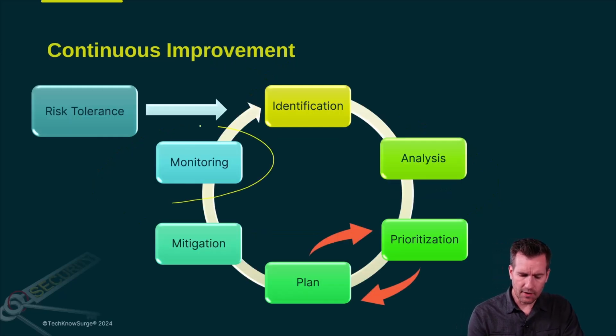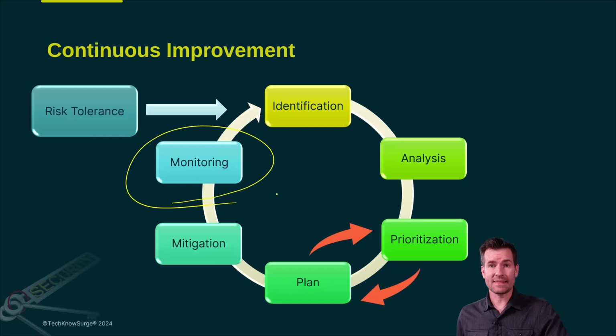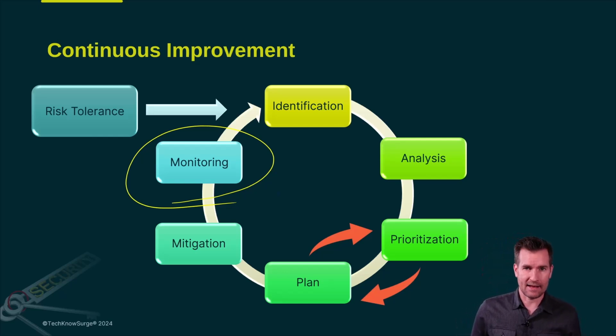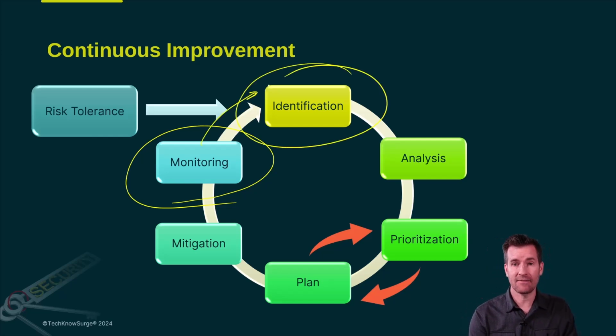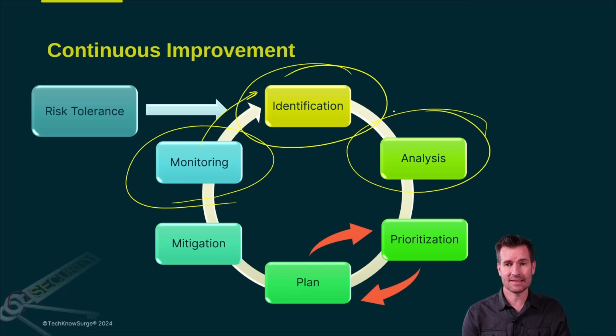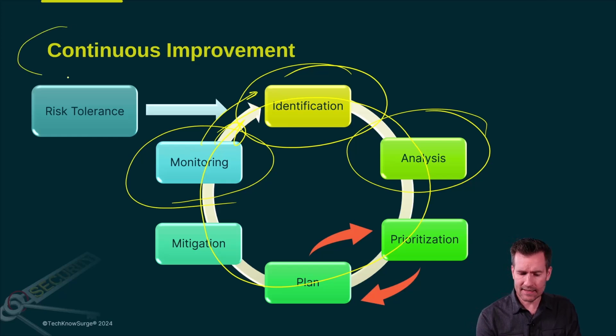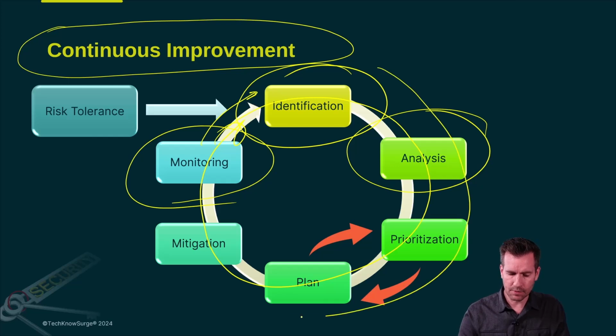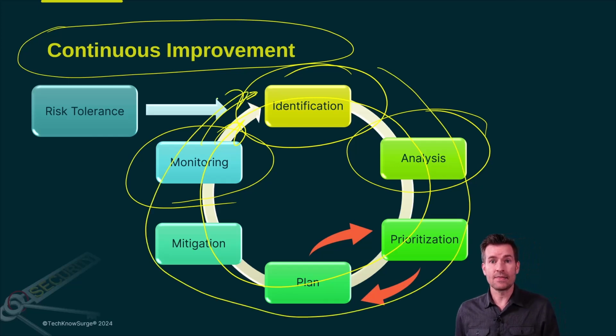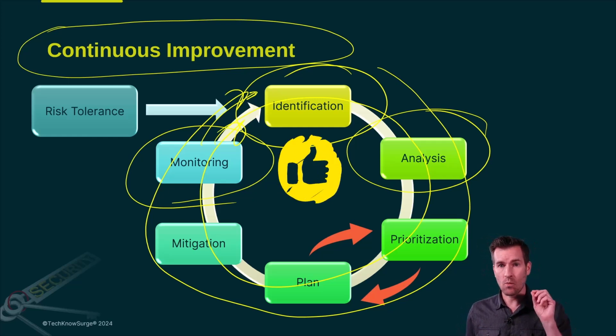Now, during this monitoring phase, what you're going to discover is there are going to be things that didn't go quite as planned, and now you need to adapt to that. Or there could be new things that you discover that you didn't think about before or didn't exist before. And so really we go back into this identification phase, and we're going to have to do some analysis on it, and the cycle begins all over again. And that's great because every time we go through the cycle, we're going to improve upon things. We're going to improve upon this process, and we're going to decrease the risk to the company. And so this is an ongoing program, not a one-time project.